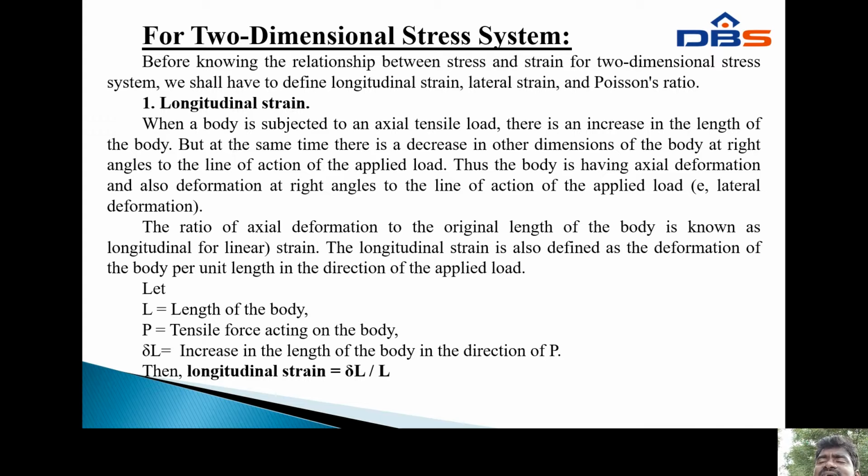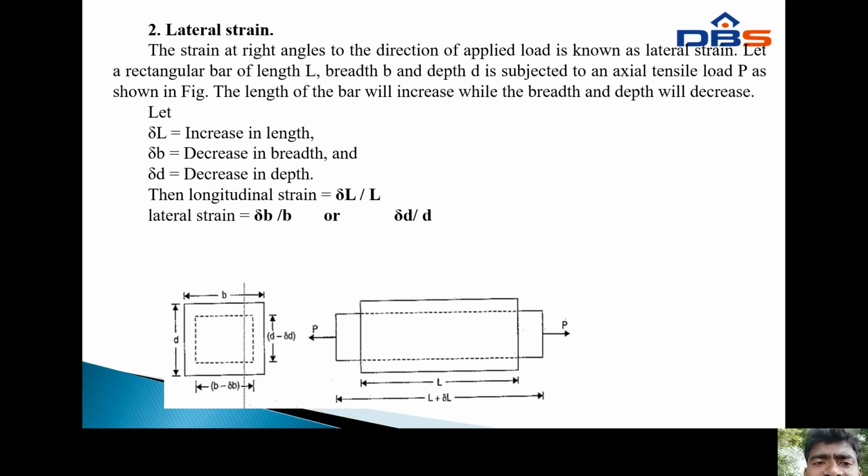Let L be the length of the body, P the tensile force acting on the body, and delta L the increase in the length of the body in the direction of P. Then longitudinal strain is delta L by L. Lateral strain is the strain at right angles to the direction of the applied load. Let a rectangular bar of length L, breadth B, and depth D be subjected to an axial tensile